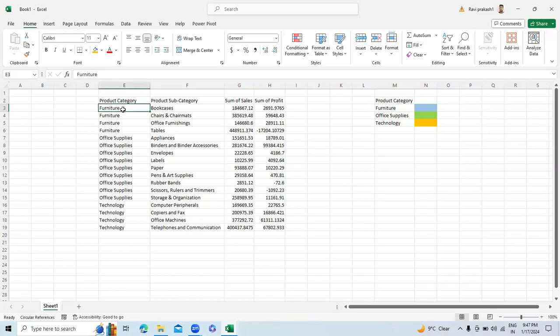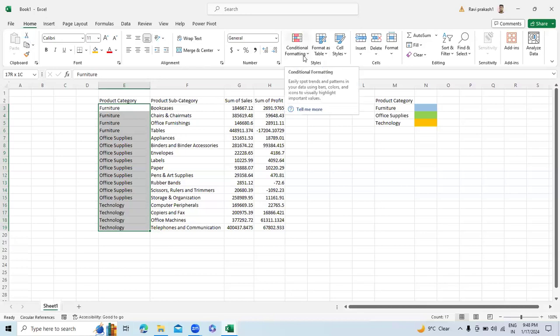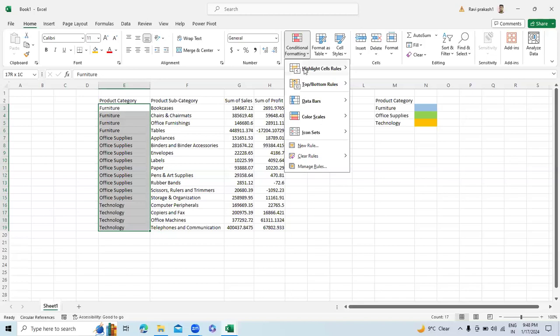Using that I will have to just give the specific color of all these items available here, right? So what I'll do, I'll just select this first. जब भी हमें conditional formatting apply करना हो, in that case first we need to select the cells or entire range. Then I'll go to conditional formatting option. Conditional formatting command is available under home tab, and here under this I'll just go, and then हमें क्या है